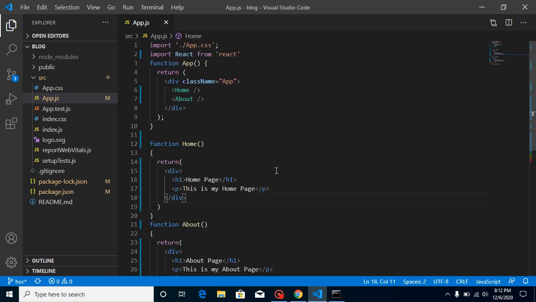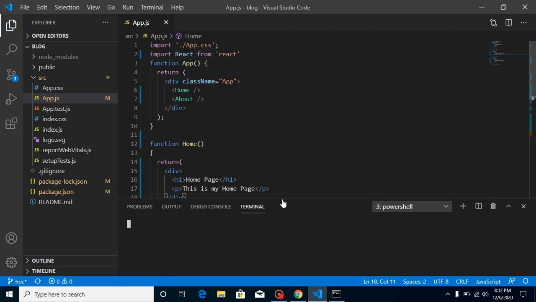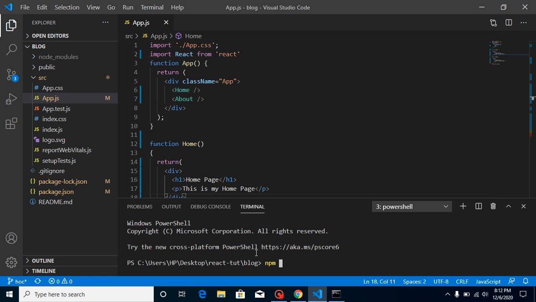So what we need to do: we want to use these components on different pages, so we need to install a routing package. Go to the terminal, open the terminal, and simply write npm install react-router-dom and hit enter.